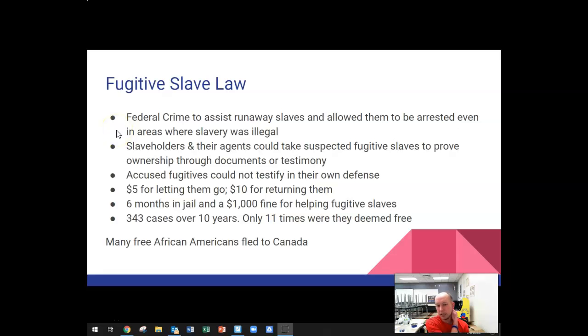Now, slaveholders and their agents could take suspected fugitive slaves to prove ownership through documents or testimony. If you caught a slave, you brought them to somebody called a commissioner. Now, this is where it gets really interesting. Commissioners were paid $5 for hearing a case and letting a slave go. But if you found them basically guilty and returned them, you were given $10. So if you're a commissioner hearing a case, you get $5 for letting somebody go and $10 for returning them. Well, your incentive, whether people are lying or not, is to return them and make more